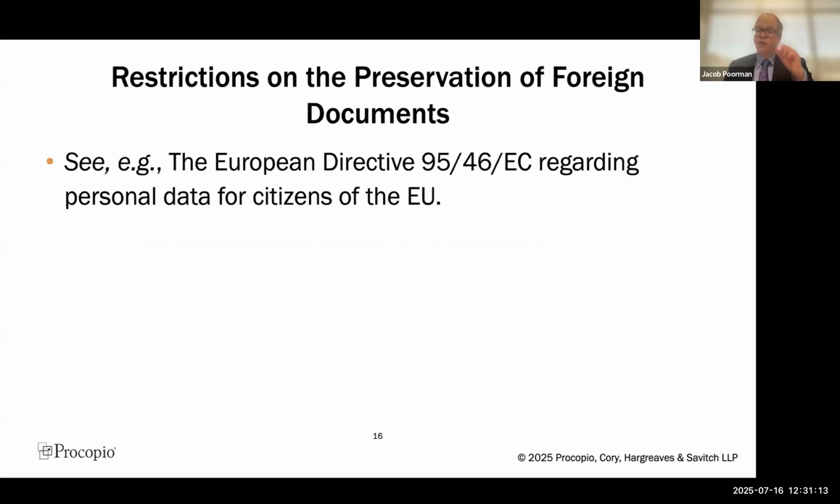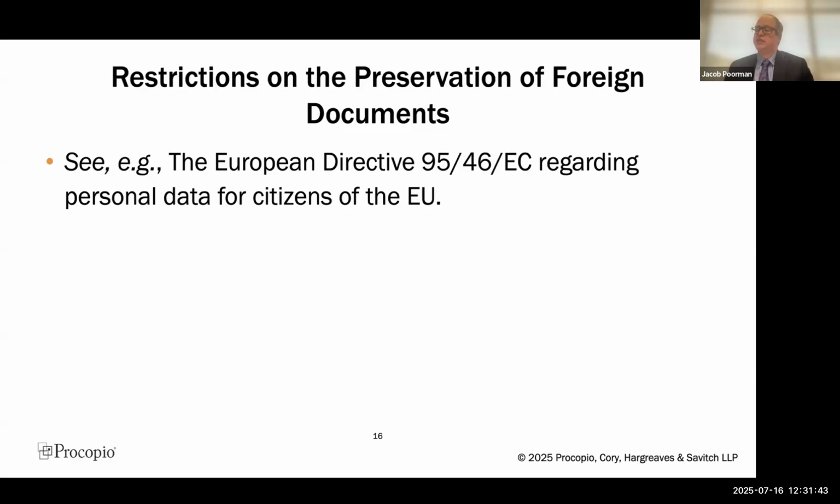When considering whether to preserve third-party documents, special attention must be paid when those documents reside outside of the United States. Many countries have laws that conflict with the United States discovery requirements, including laws that limit the retention of certain types of information and those that limit the processing or transfer of information to the United States for discovery purposes. For example, the European Directive